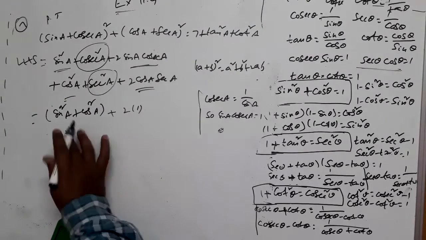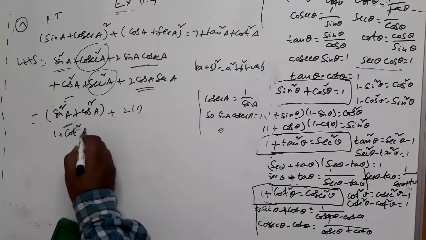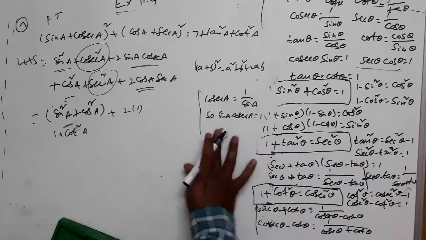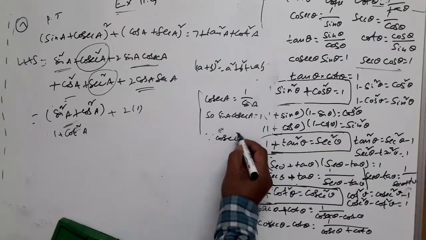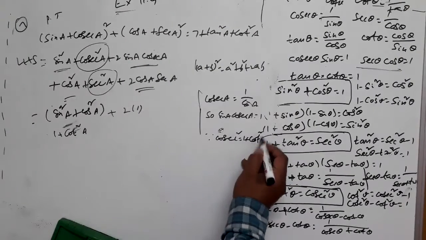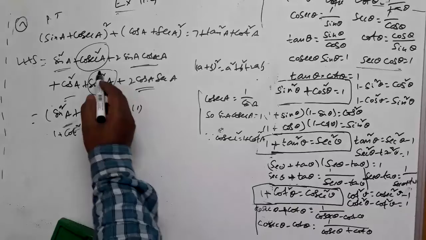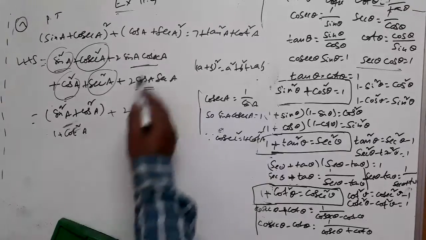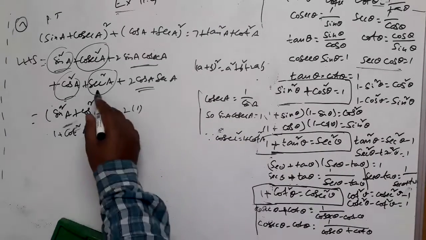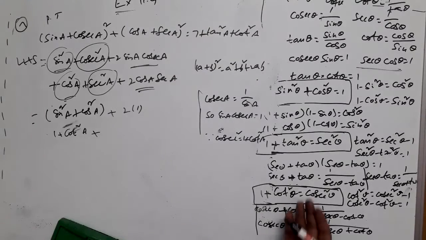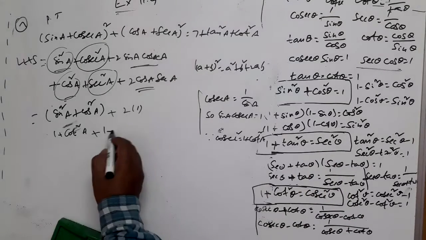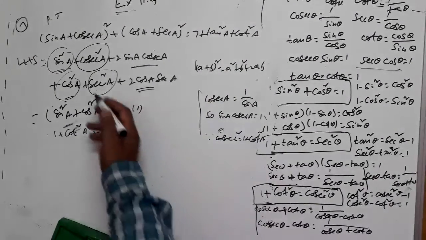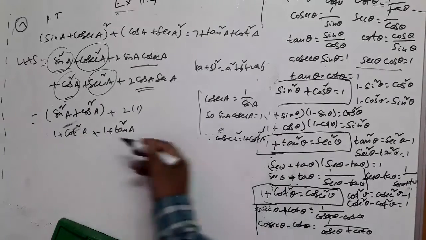So this is 1 plus cot square a, because cosecant square a can be written as 1 plus cot square a. I am writing this, right? Sin square a plus cos square a I have written already in one bracket. Cosecant square a I have written this. Secant square a, I don't want this also. Secant square a can be replaced by 1 plus tan square a. Yes, I am writing that because my target is to get this. I am comfortable with tan square a, but I don't want secant square a. So that's why I have used this and written this.